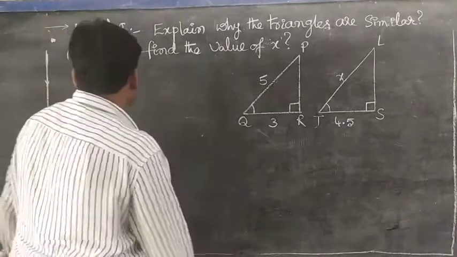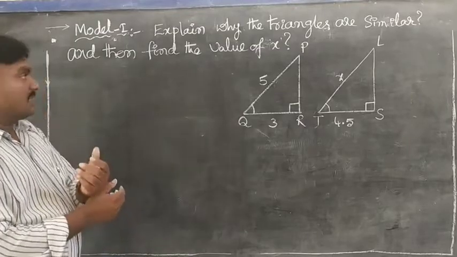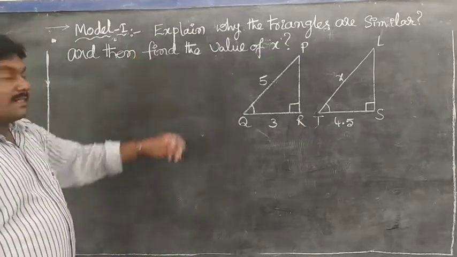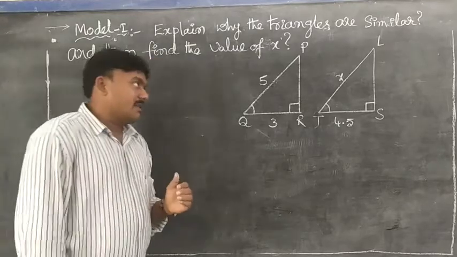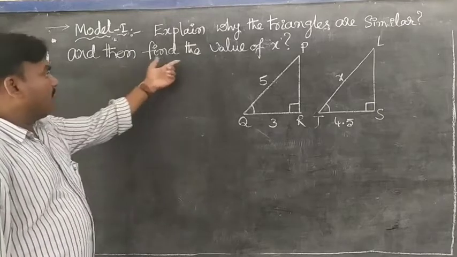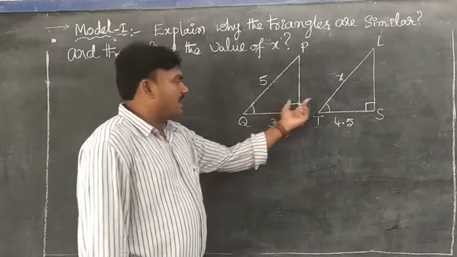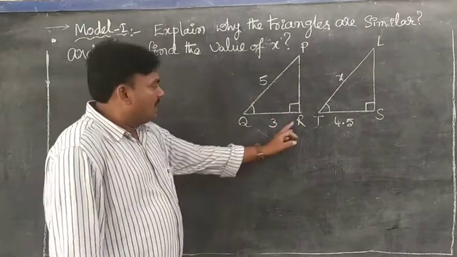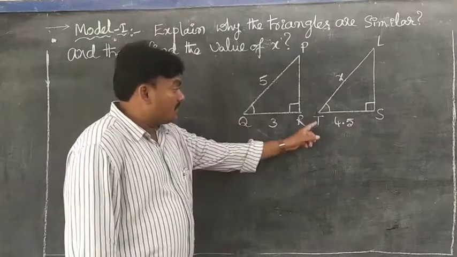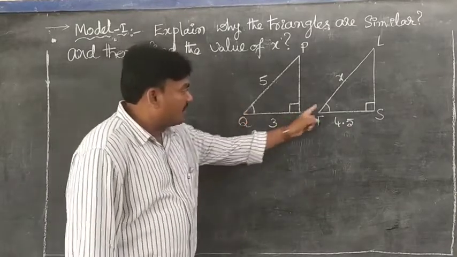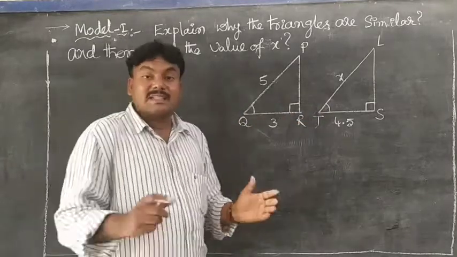Okay, students, we discussed different models of problems on how to apply the criteria of similar triangles. Yes, observe the question and analyze it. Explain why the triangles are similar. Why the triangles are similar. Yes. And then find the value of x. Observe in these triangles, both triangles are right angled triangles. Why? Because here angle R equals angle S equals 90 degrees. And angle Q and angle T are also given. So here, two angles are known, so by using AA similarity,